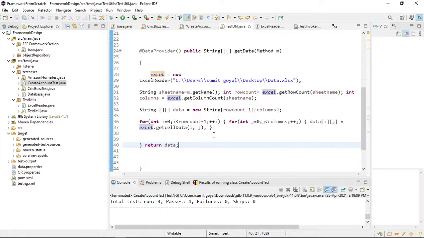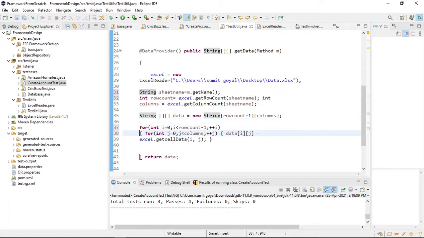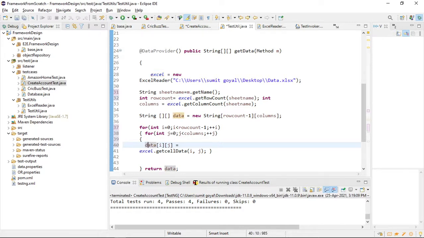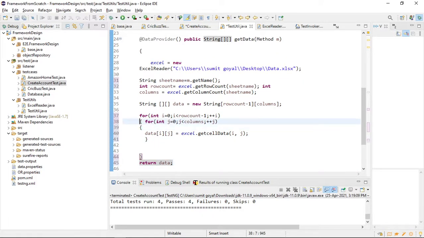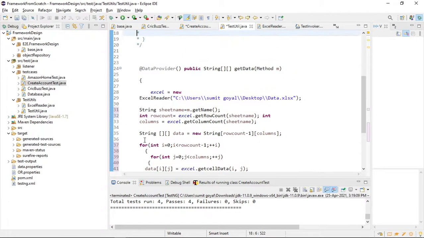Okay, so let me put one breakpoint here and see how it is working.